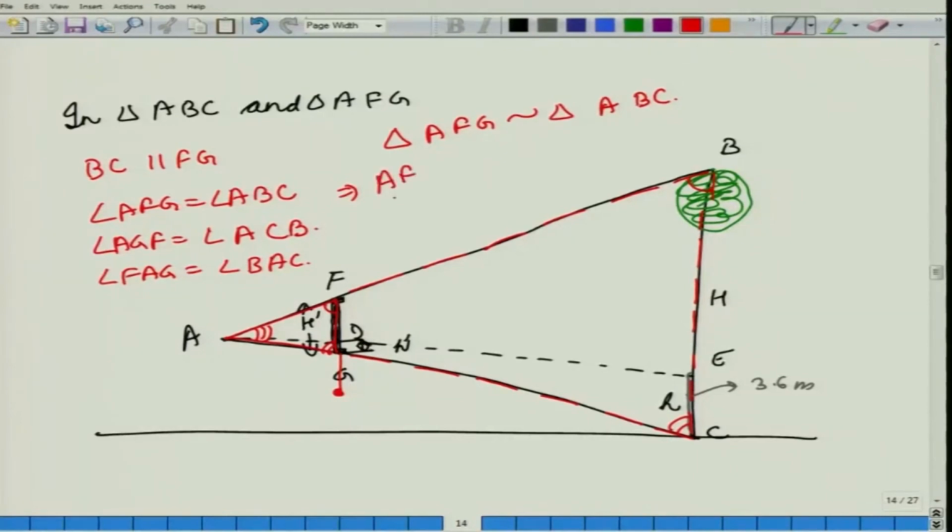So, we have AF by AB is equal to GF by BC is equal to AG by AC. Now, GF, this length, is the length of the hypsometer or H prime, BC is the height of the tree or H. So, this is equal to H prime upon H. Now, similarly, in this triangle